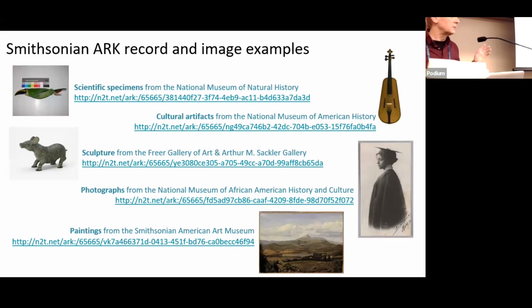One thing you can see in this is that there's a wide range of object types, from physical, like a violin, to biological specimens, paintings, photos, sculpture. The long opaque names, as you may be guessing, and guessing correctly, are because they're minting some of these with the UUID software. This generates unique strings that aren't by themselves resolvable, but you can stick them inside of URLs to make them resolvable. And they're found on every platform. So they're long, but they're unique and easy to generate.